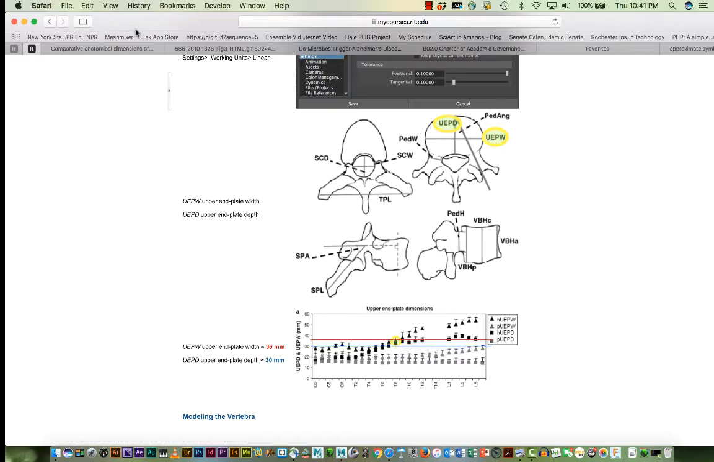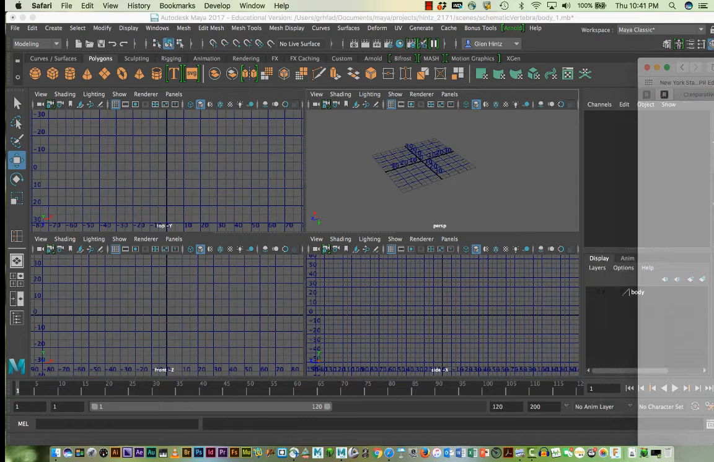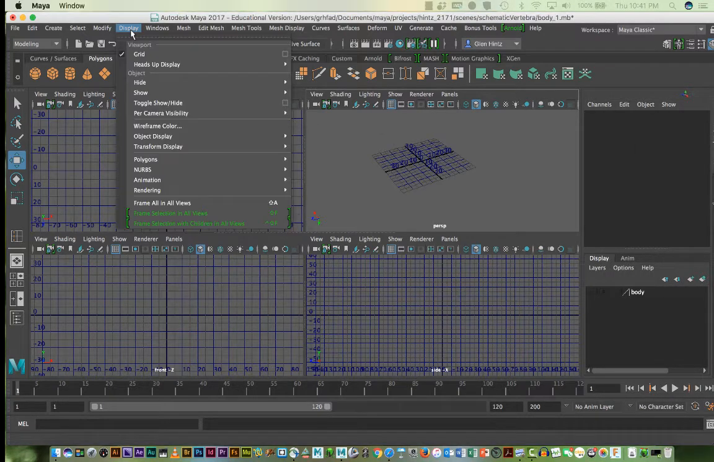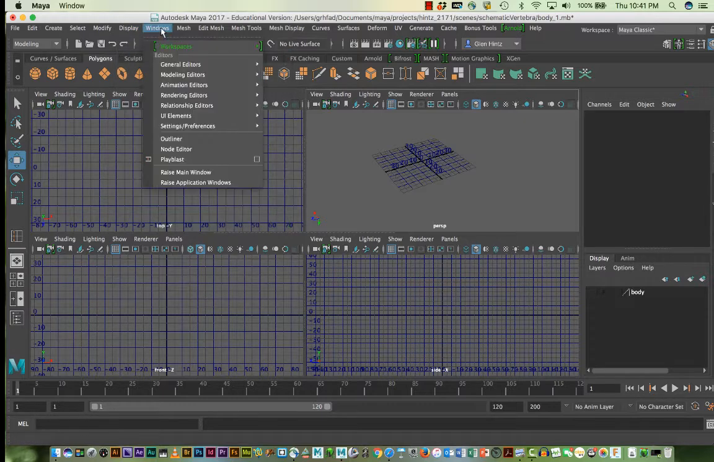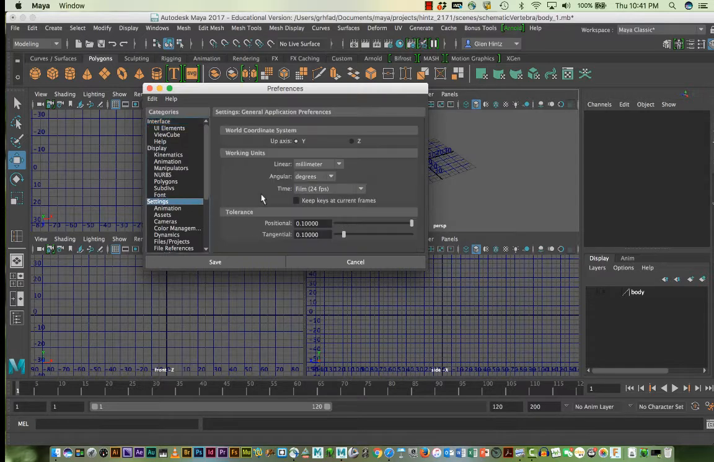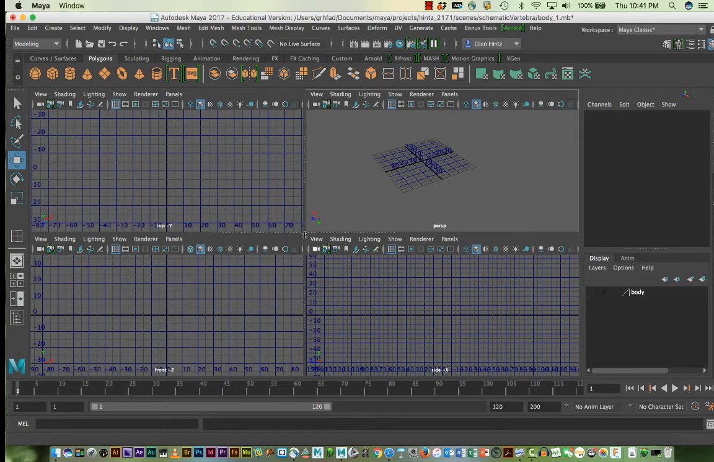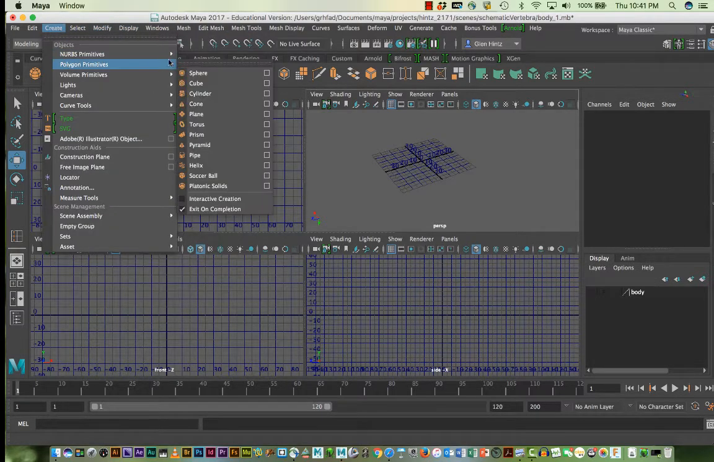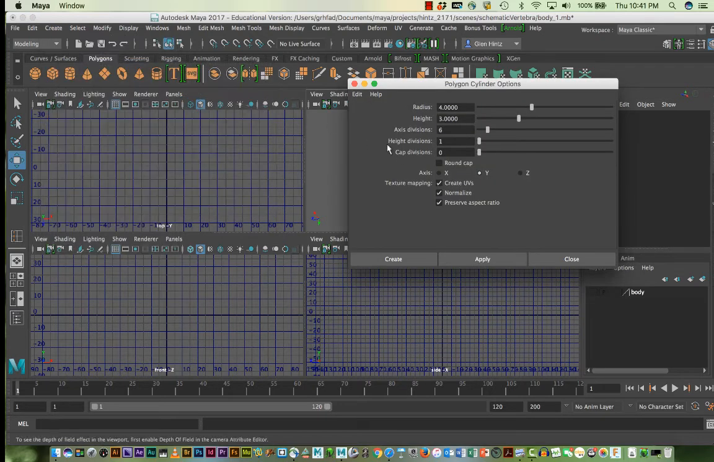Okay, so the grid has been set, or I'm sorry, the settings and preferences under settings, millimeters has been set to the unit so that I can reflect those numbers. So we'll create, this time I'm going to create a polygon cylinder, and